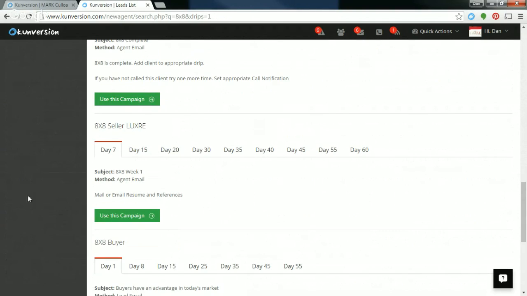And so the 8x8 seller campaign. So the first one that's going to go out after the first week, again, it's going to tell you to mail or email your resume and references. The next week, again, this is another email to the agent. Send them an RPR on their current property. If you use Cloud CMA, send them a Cloud CMA, whatever you're doing for CMA, but basically get them information about